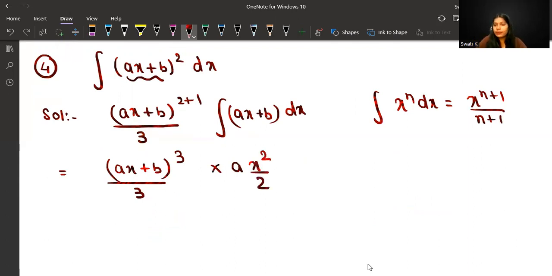Using this formula, x raised to 1 and x raised to 1 is 1 plus 1, which is x raised to 2 upon 2, plus b, if you take it outside, so the integration of 1 is x, so it will become bx, and then plus constant of integration, which is c. Very simple. So therefore the final answer we have is